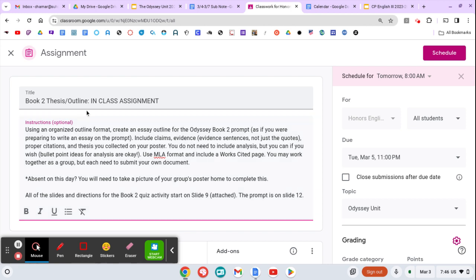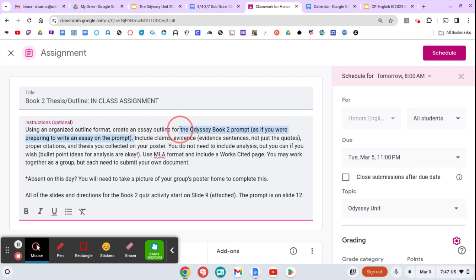So this one, let's see, is a little bit more focused, a little bit more organized. You're going to pick an outline format. Should be pretty clear, kind of like when you took notes on the Odyssey intro activity. And you're going to basically create an essay outline for the Odyssey Book 2 prompt. Remember, we're not writing an essay on this. You're just going to write an outline as if you were preparing to write an essay on the prompt, but